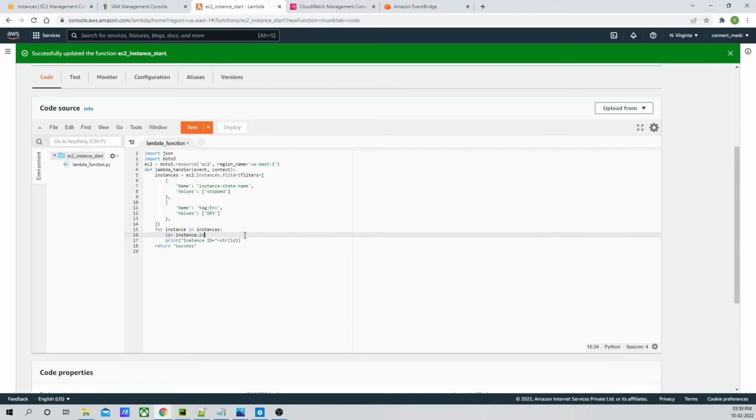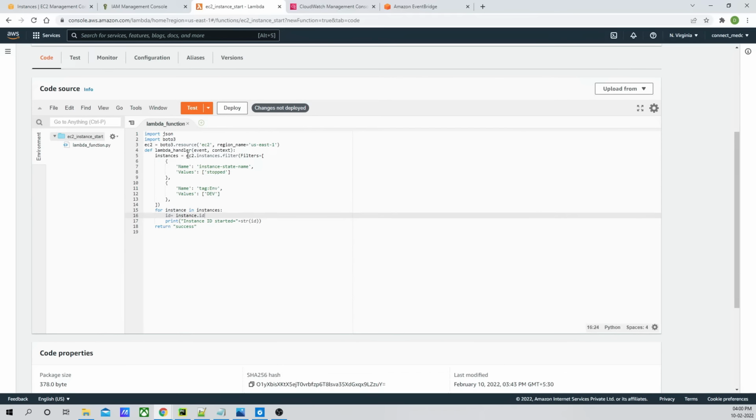So going forward, what we have to perform now is to start the EC2 instance. So for doing that, let me put the instance ID started. Oh, sorry, not stopped, started. Let's keep this as it is. Now we have to start the instances once we receive an event. So for that, I'm going to use the same method,